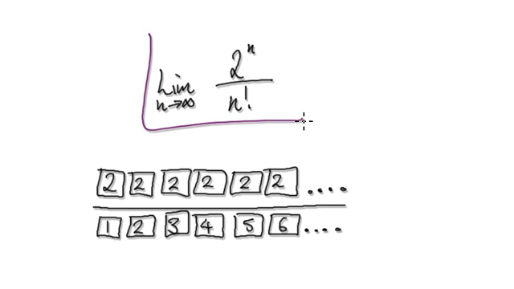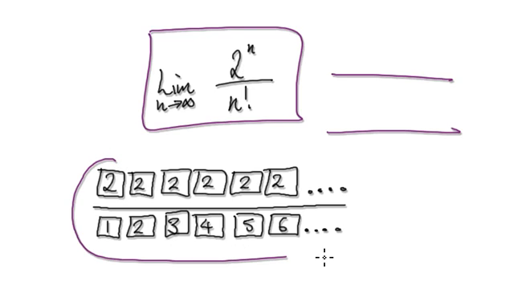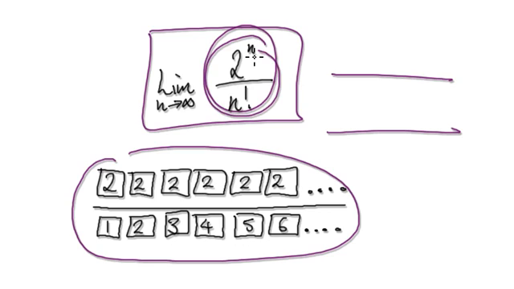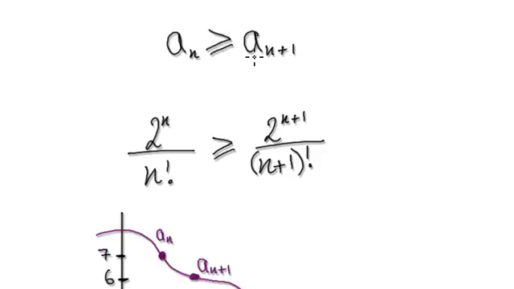So our aim is to show that this thing will converge. So we're going to try and show that this thing here is monotonic. It seems as if it's always decreasing here, so we're going to try and show that it keeps on decreasing. The way we do that is this. We are trying to show that it's decreasing, meaning that the next term